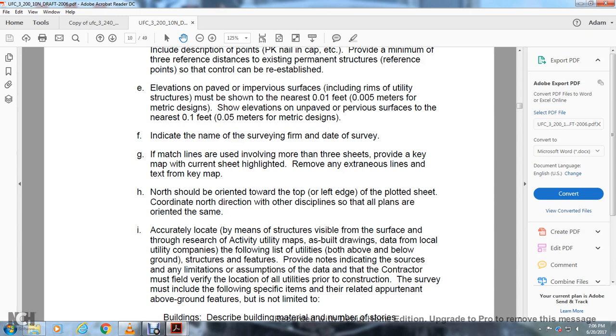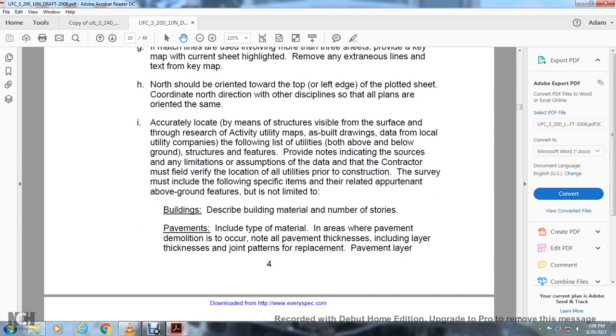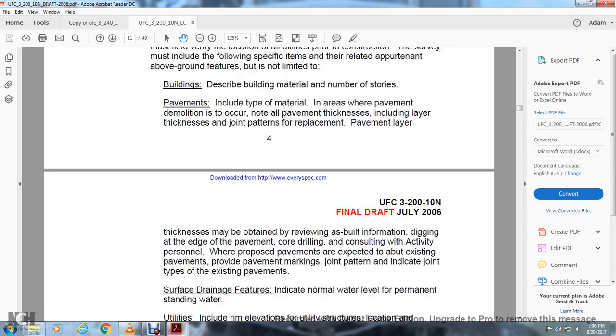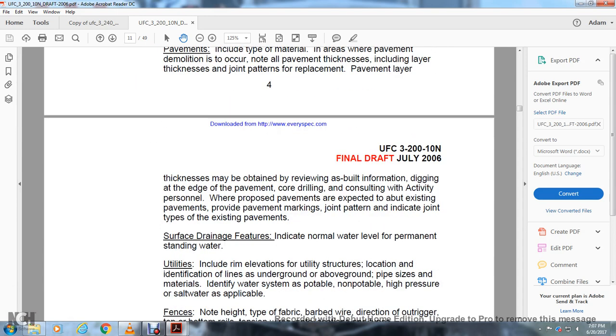Survey must include the following specific items related to pertinent above ground features, but not limited to: buildings, describe building material; the number of the storage pavements, include the type of the material, areas of the pavement, the demolition occur; note all of the pavement and thickness, including layer thickness and the joint material patterns. Replacement pavement layer thickness may be obtained with reviewing of the as-built information, digging at the edge of the pavement, core drilling, consult